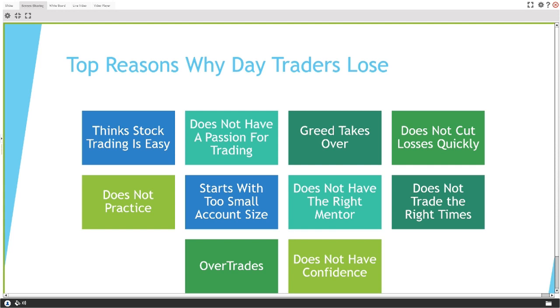It's a lot different. So next up, you do not have the right mentor. I'm here to help you guys out. You guys know that. I have credibility. I have a track record. I show everything I do, right? I want to be the person that works with you. But there are a lot of people out there, guys, who are not there with good intentions. They're going to be using you and are not going to be credible in any sort of way. Make sure that you're always doing your research. Make sure that the person you learn from shows P&Ls.